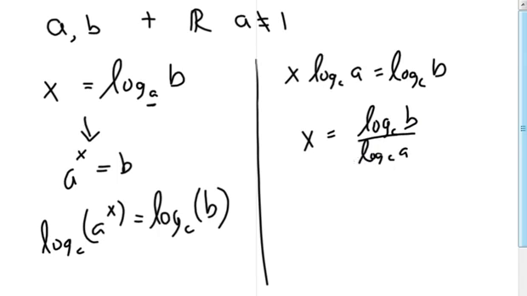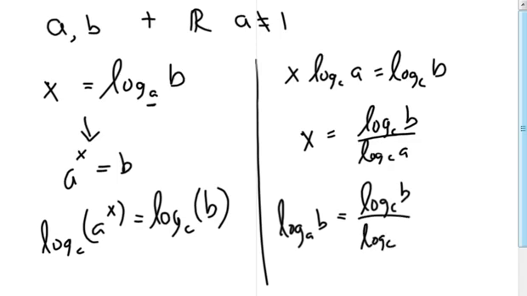And then, hey, what do you know? x was what we had over here at the beginning. It was equal to log base a of b. So we have log base a of b is equal to log base c of b divided by log base c of a. Now that c can be anything, and a lot of times it's most convenient to use